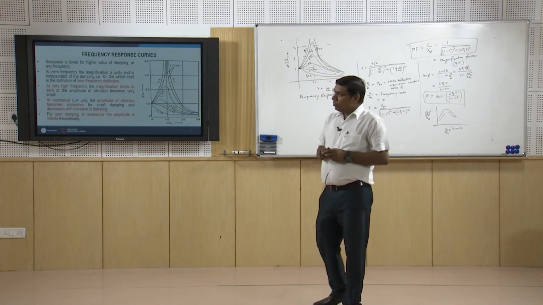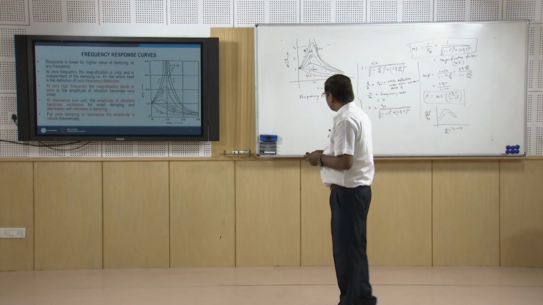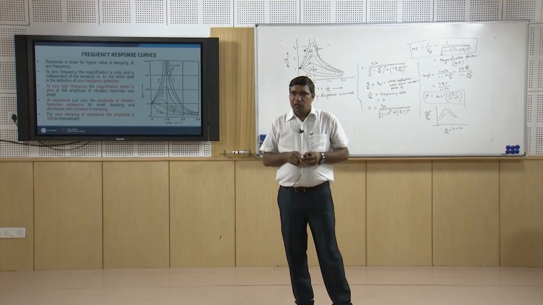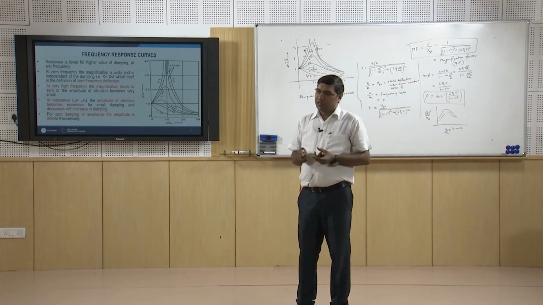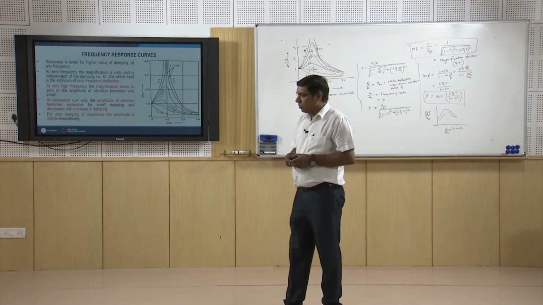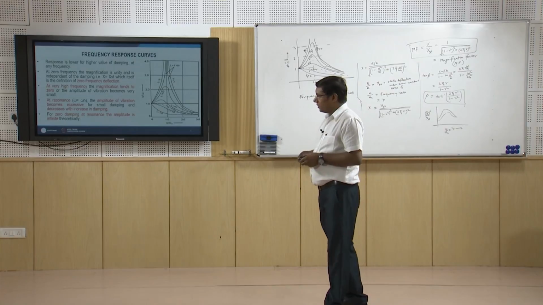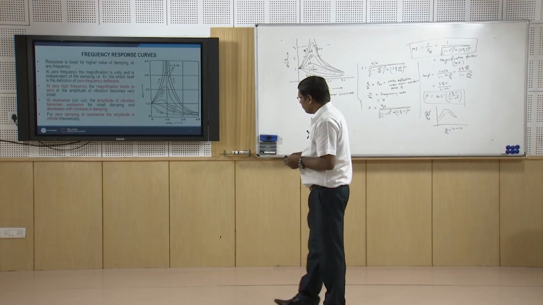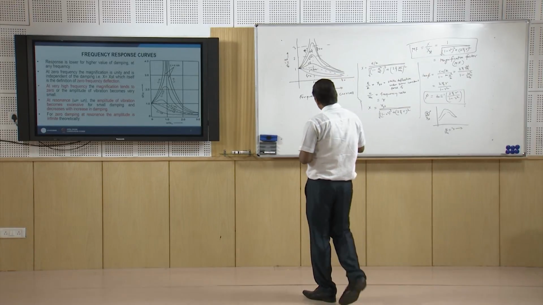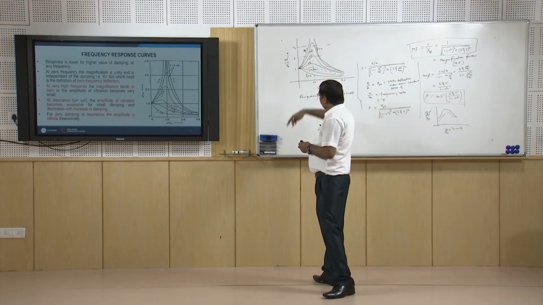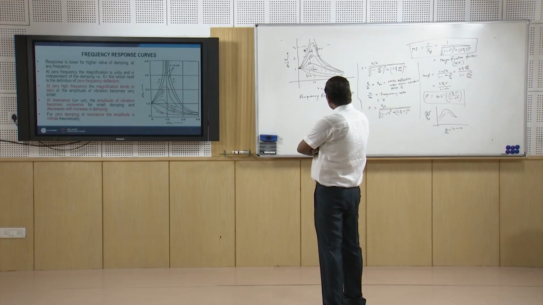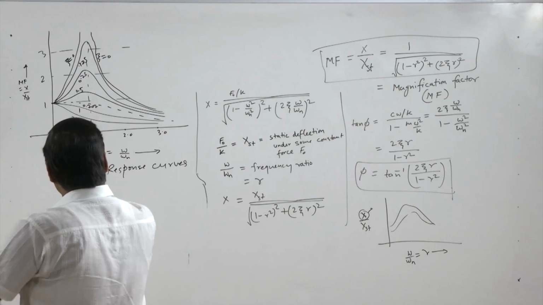When r equal to 0, the response is X by xst equal to 1, meaning X equal to xst. So that is the definition of the zero frequency deflection. When r equal to 0, we have some constant force F0 acting, so the response is equal to xst, and that's why X by xst equal to 1. So all the curves are starting at X by xst equal to 1,